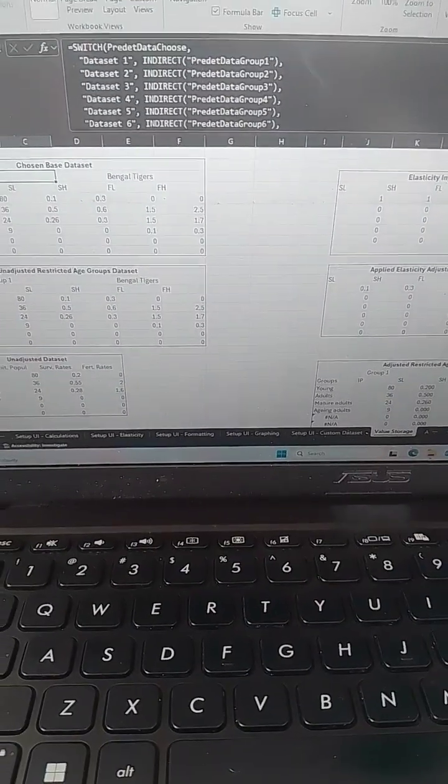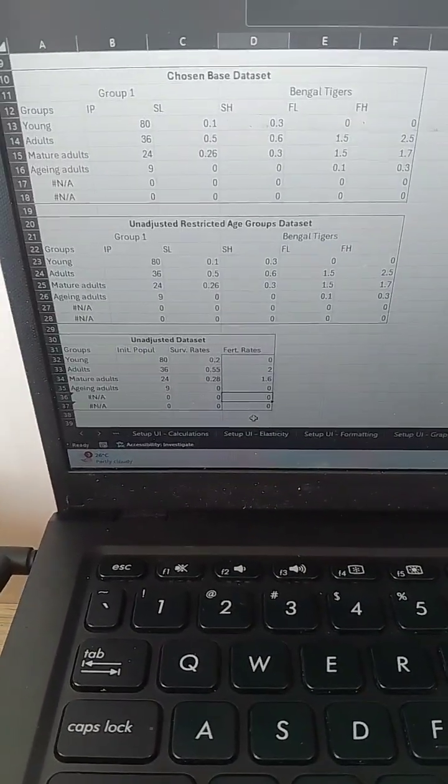I do that for this as well, where I get rid of the amount of age groups I'm calculating. If I'm only calculating for 2 age groups, I only do 2. If I'm doing 4, I do 4, and so on, and that's useful for what we do later. This is the final data that I'm using with the unadjusted data set, so the ones without those elasticity values